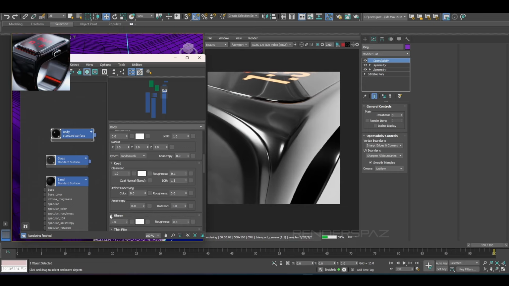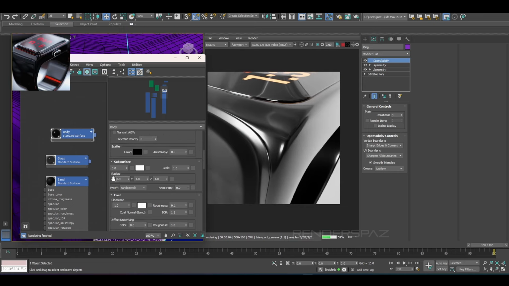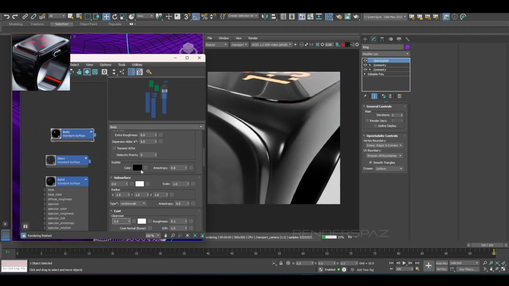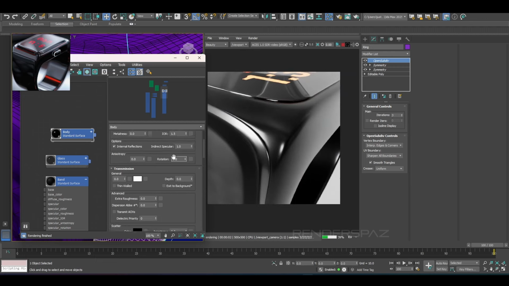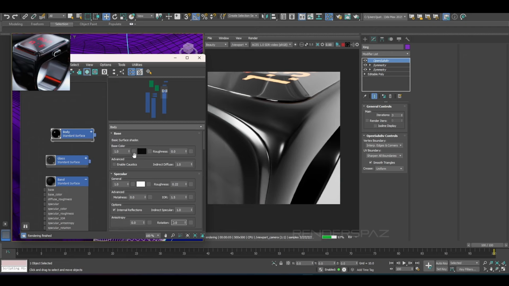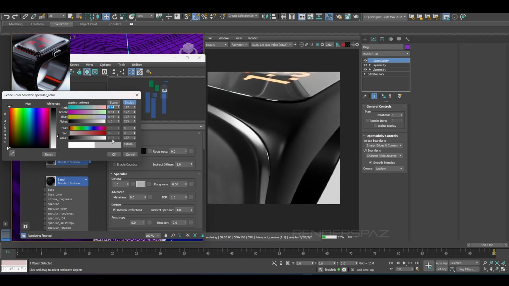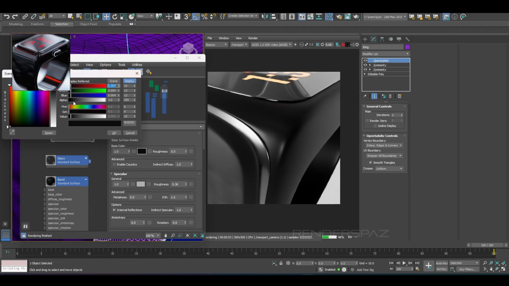So I'm going to just go down and find the coat layer here. Oh, I gotta go down. There we go. We're going to take it out for now, and we're just going to focus on the base. So what I'm going to do is bring up a little bit of the roughness so it starts to scatter the reflections a bit. We're going to darken that up and get something more